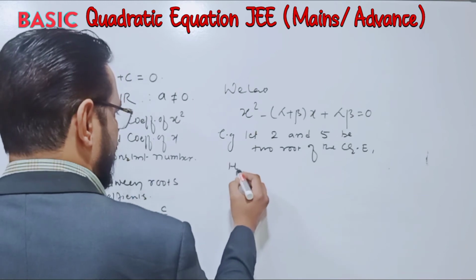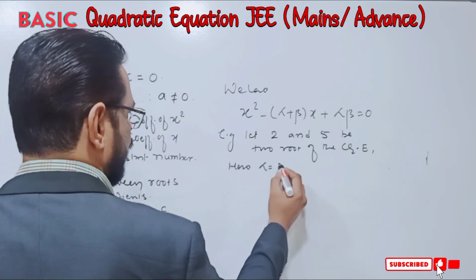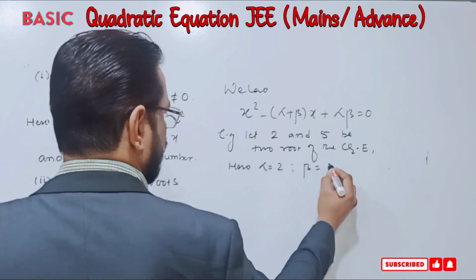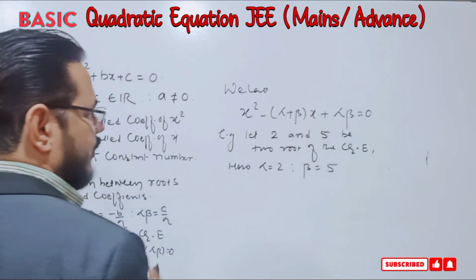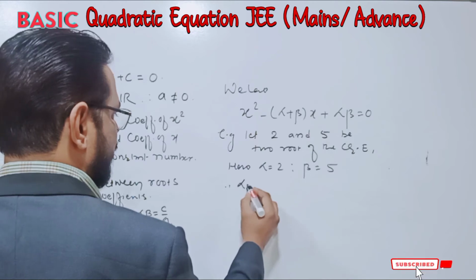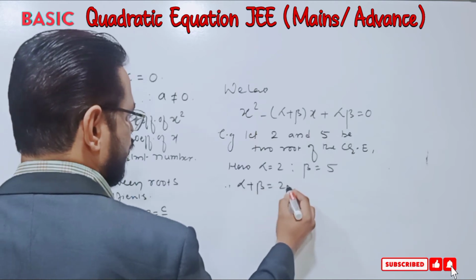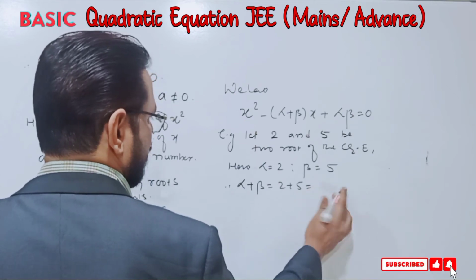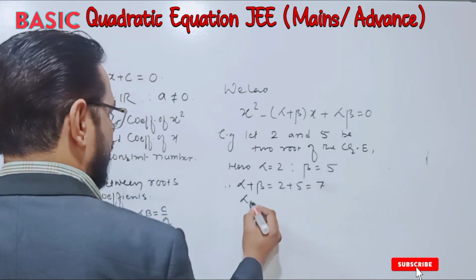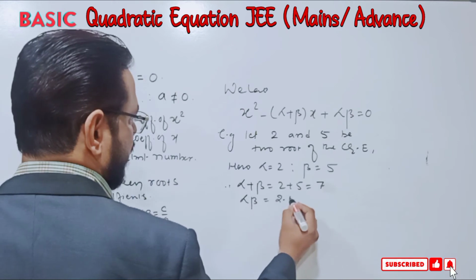Here I am writing alpha equals to 2 and beta equals to 5. Now very first find alpha plus beta. So alpha plus beta equals to 2 plus 5 equals to 7, and alpha into beta equals to 2 into 5